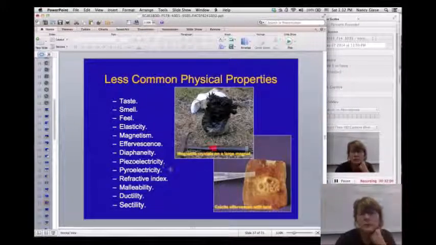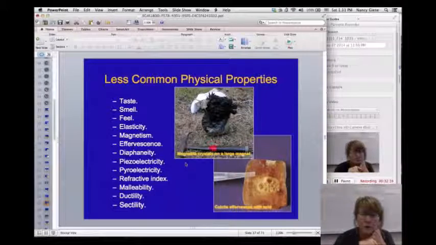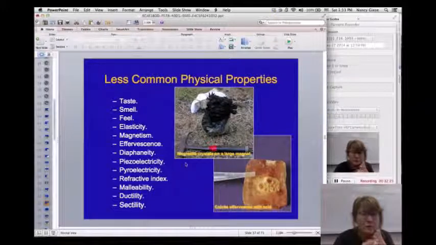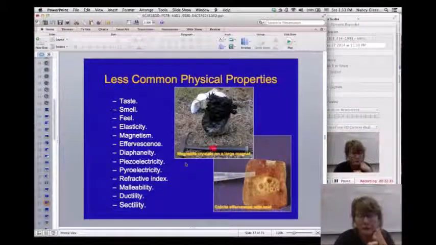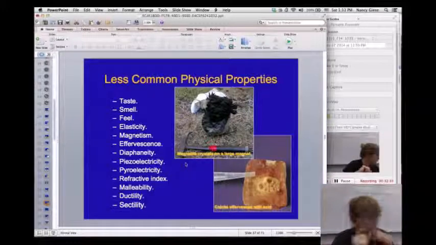Okay, so I said that there's a lot of other properties that we're not going to look at. There's a couple more properties that I will show you that are not common in that most minerals do not exhibit these properties, but there are common minerals that do exhibit these properties, and these tests are pretty easy to perform. So if we do have that mineral and we do have the tools to perform the test, the tests are very diagnostic, meaning it's really easy to tell the mineral. For example,